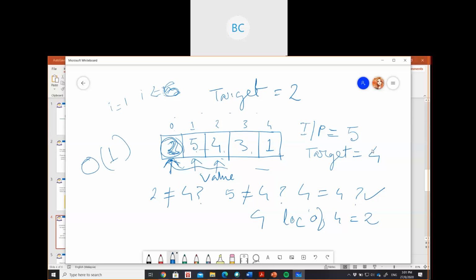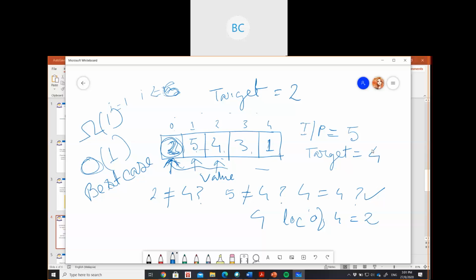So when your element is at the first position, that is your best case. Most of the time we simply use the big O notation, but for the best case we use big omega. Correct? Now what will be the worst case?